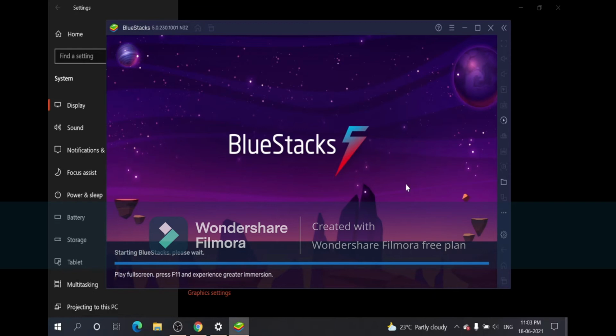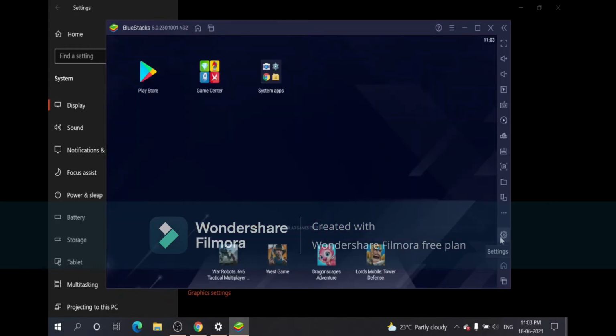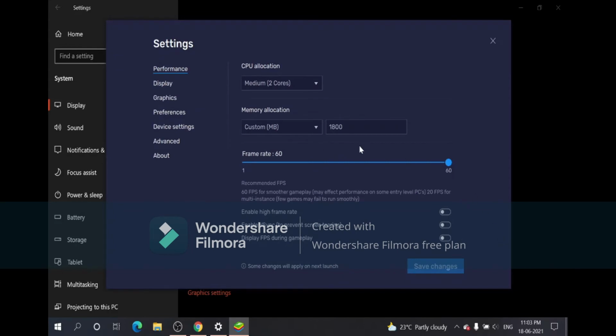So right now, the step I'm going to show you guys, you should know this, because it depends on whether your PC has 8 GB RAM or 4 GB RAM. Just press on this custom option. If your PC has 2 GB RAM, click on 2 GB RAM. If your PC has 4 GB RAM, click on 4 GB RAM. If your PC has 8 GB RAM, you should also click on the 4 GB RAM. And as you can see right here, it says 2 cores. So it depends on you. Right now my PC has 2 cores. It is a Core i3 laptop.